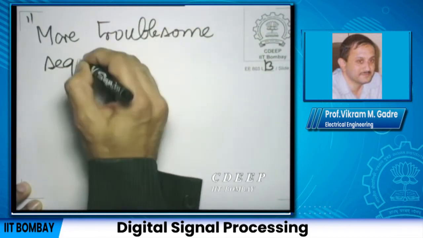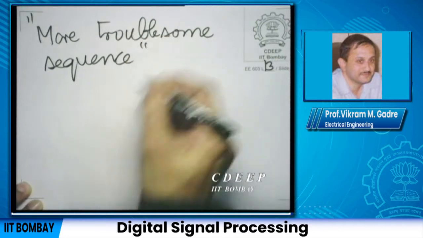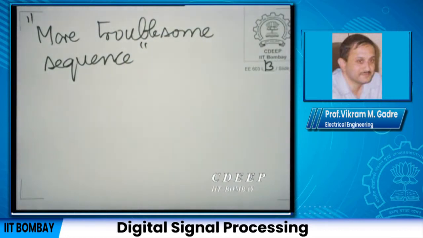I say more troublesome because, as we said, the u[n] sequence, the unit step sequence, at least does not produce an unbounded output for all bounded inputs. But the sequence that we will soon see, if it becomes the impulse response of an LSI system, it more or less always wishes to produce an unbounded output, except for some very chosen bounded inputs. That is the interesting thing. Instability also has different grades. The accumulator is an unstable system,